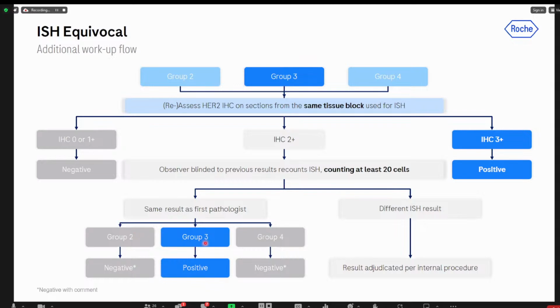If you don't agree at all on the group, the recommendation is that you find an internal procedure, and the most common internal procedure is that you sit down together to do it. But I think it's also perfectly acceptable if you have access to digital algorithms or something else to help you to do it. What you do tell them also is that it's not recommended that you go